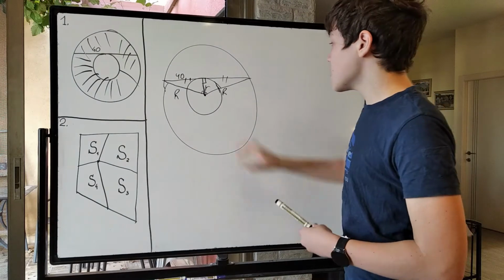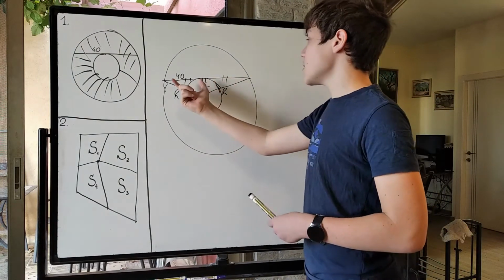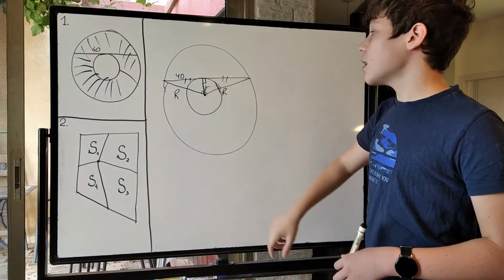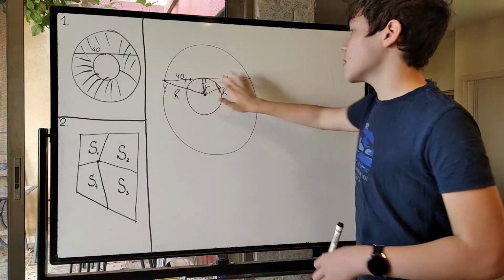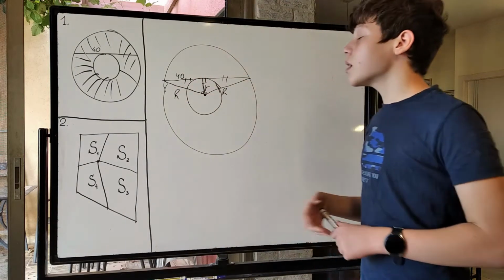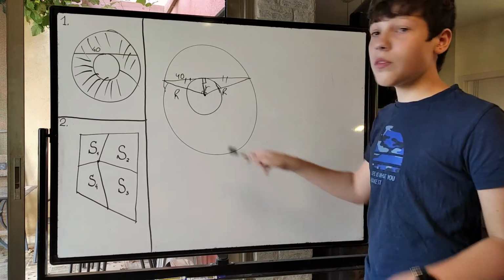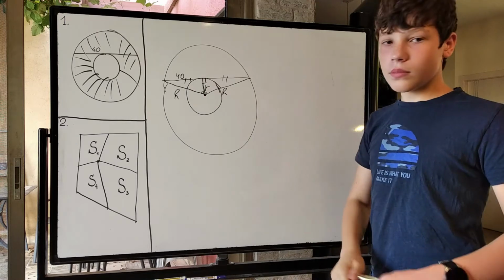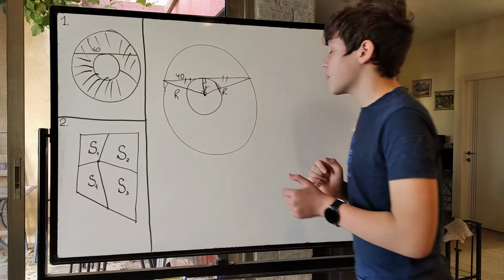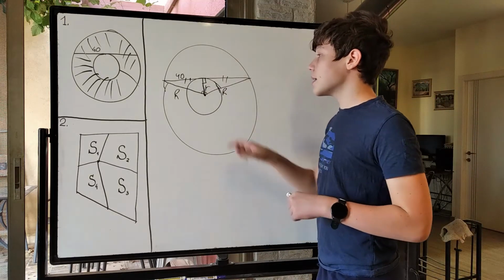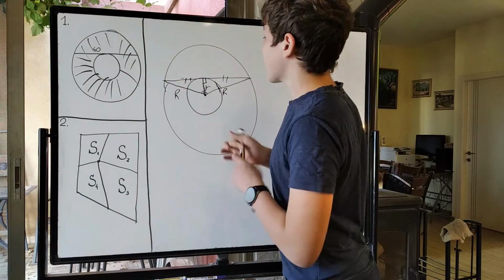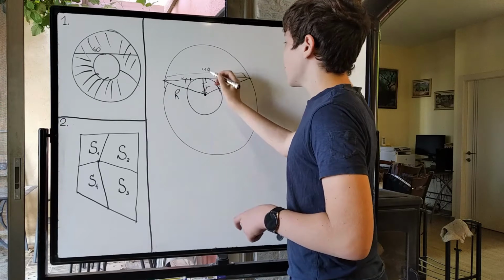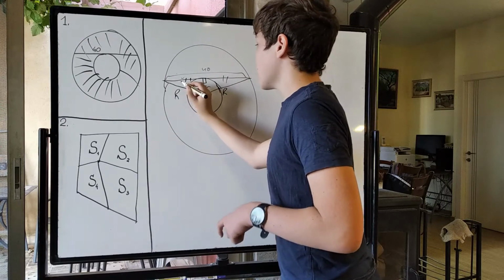So the two segments that this perpendicular line cuts from this big original line are the same, meaning that both of those are half the length of that line. Well, because that entire length is 40, we can say that this length